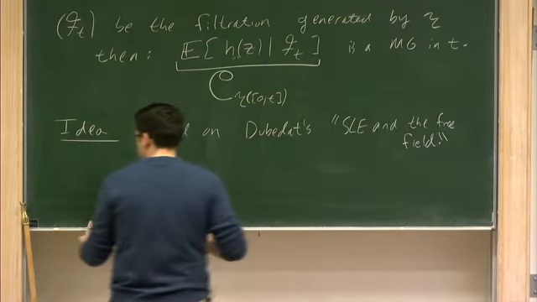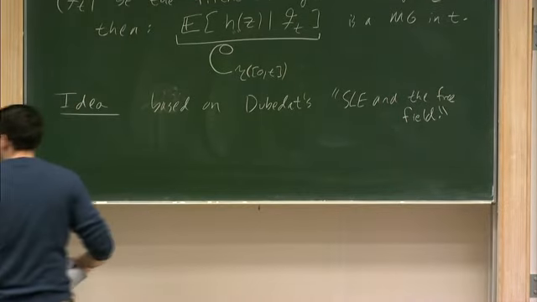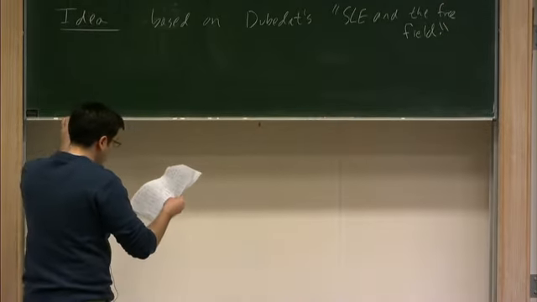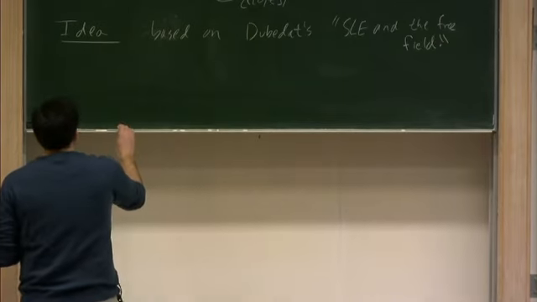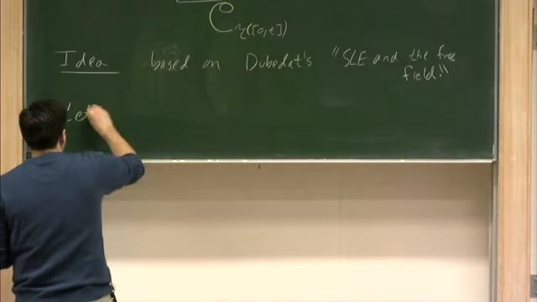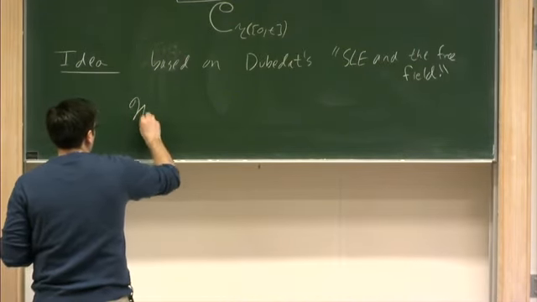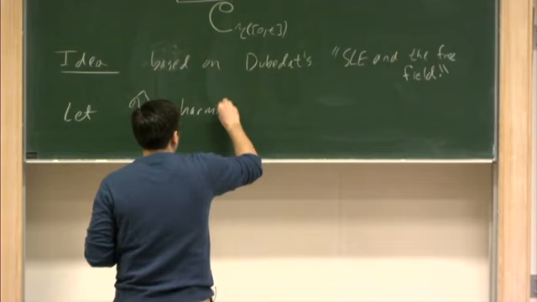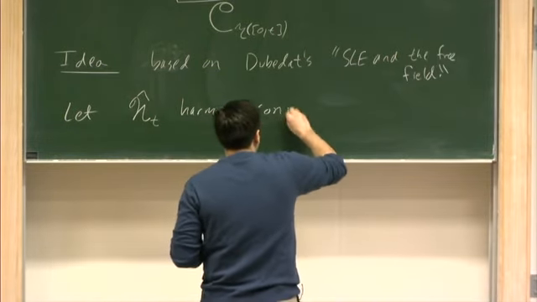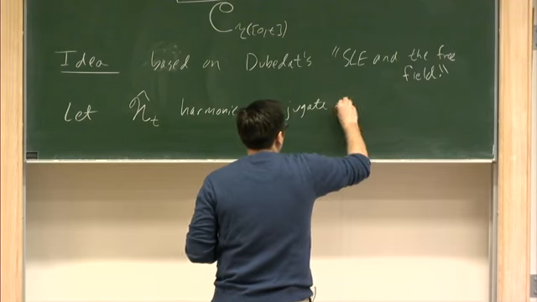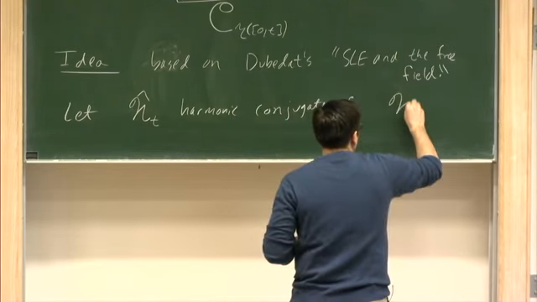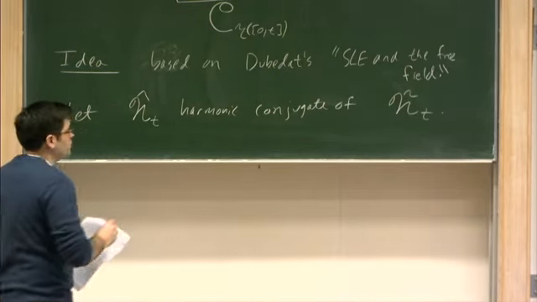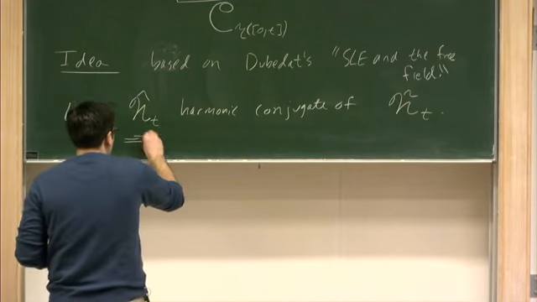Okay. All right, so here's the idea for the proof. The first thing that we're going to do is let, say, H hat of t be the harmonic conjugate of H tilde of t. Okay, and if I take the harmonic conjugate of H tilde of t and add them together,